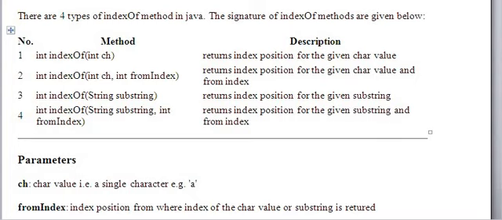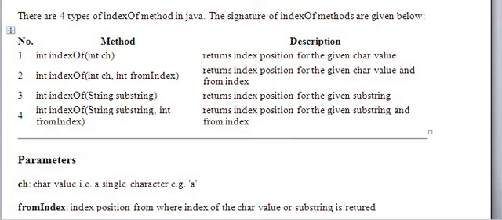The first one, indexOf within brackets int ch. It returns the index position for a given char value, the index of any particular character. Second one returns the index position for a given char value from one particular index, not from the beginning.